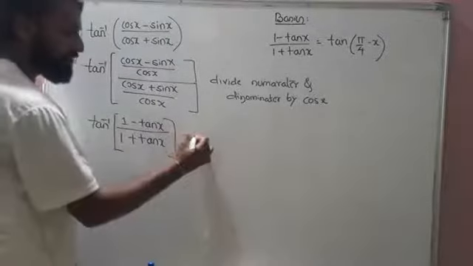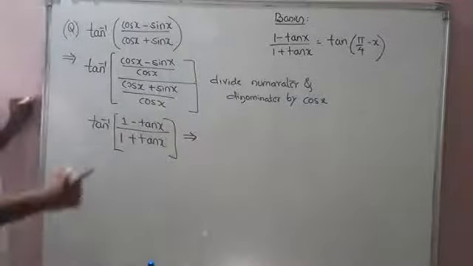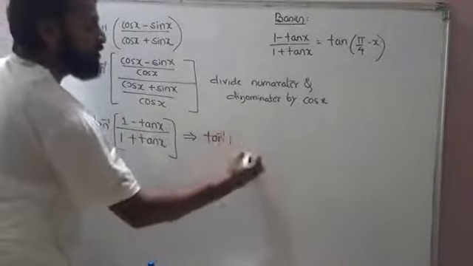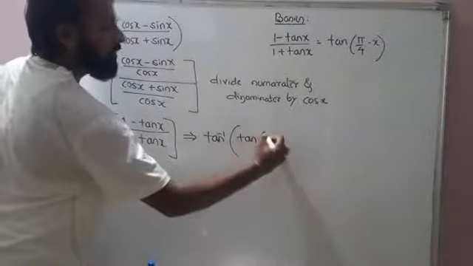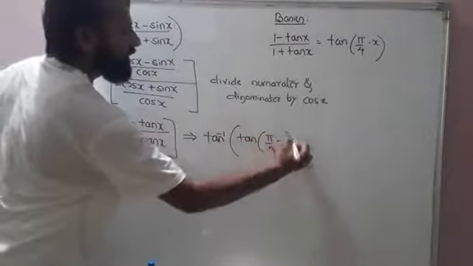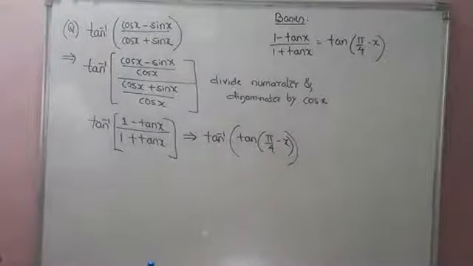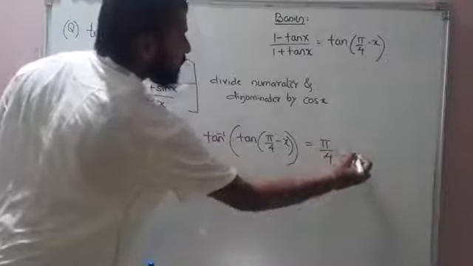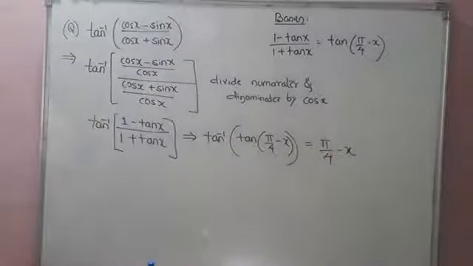Now we can easily see, my dear friends, that this is nothing but the formula of tan inverse of tan of pi by 4 minus x. So now we can easily see tan inverse and tan cancel each other. You will be left with the answer pi by 4 minus x. This is a simple answer, isn't it? Again, it has become simple for you because I have written the basics on the board. That has to be known completely by you. Please pause the video and note it down.